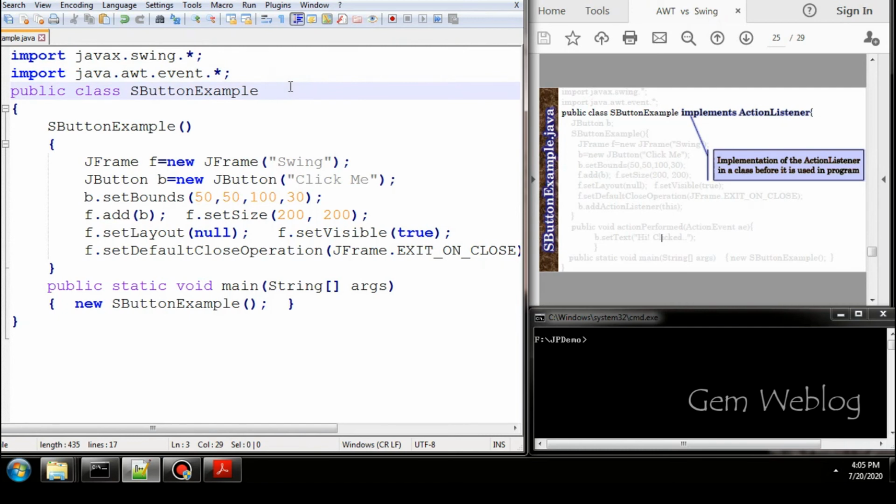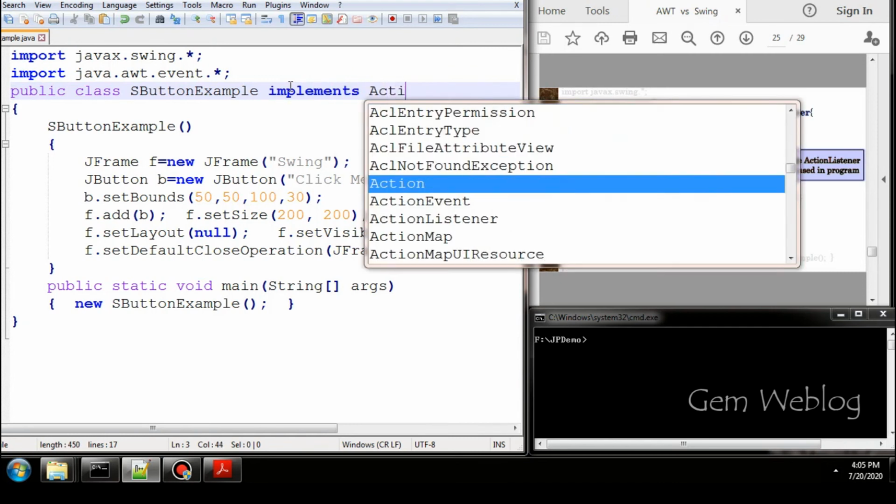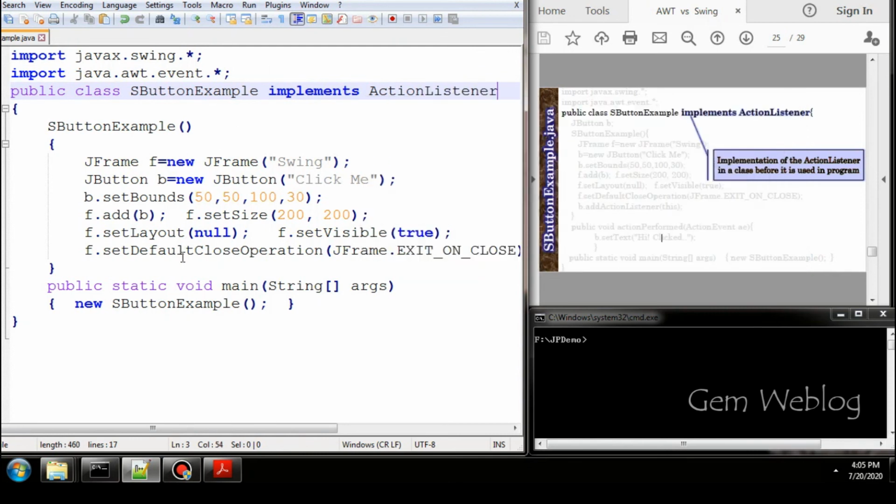Next you have to include your listener interface into the program using the implements keyword. For the button event, ActionListener is the interface name. So you have to include it using the implements keyword followed by the listener name, ActionListener.